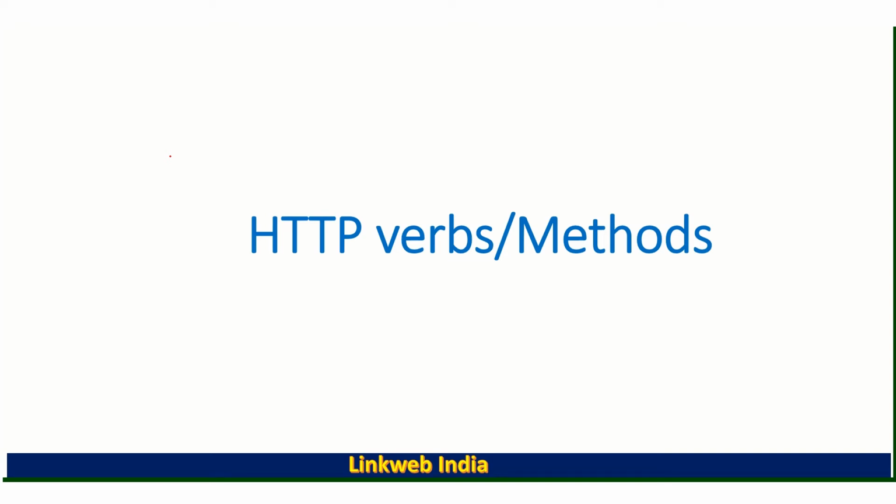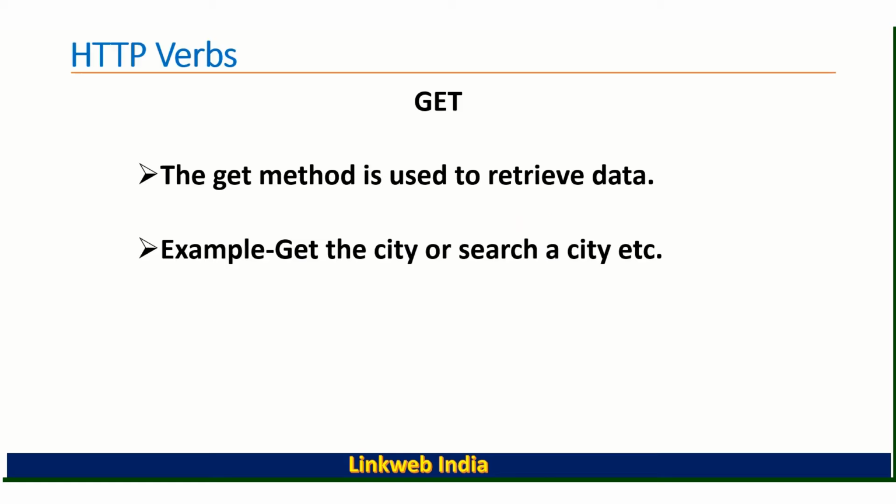So today we have discussed HTTP verbs in APIs, or HTTP methods, right? Whenever we send any request to the server from SoapUI or Postman or any client side, we have to add a verb or method like HTTP GET, HTTP PUT, HTTP POST, HTTP DELETE. So an HTTP verb is mandatory for any request which you send from the client to the server, right. So let's discuss one by one.